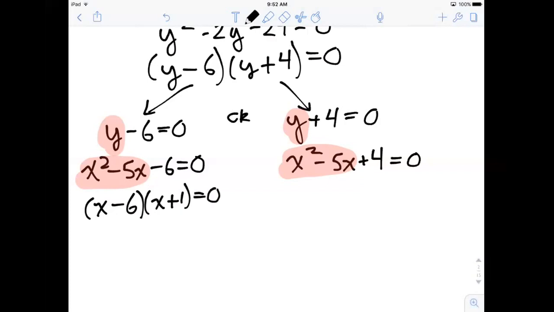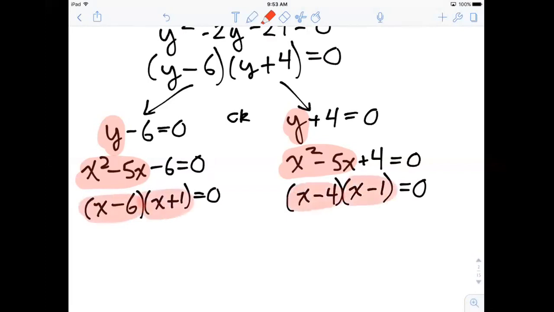If we factor in the other branch, it would be something like x minus 4 and x minus 1 would work. And that's going to be equal to 0. And then I can use that to make one grand overall statement and say each of these factors, whether it's x minus 6 or x plus 1 or x minus 4 or x minus 1, each of those factors is going to produce one solution. So I can say, therefore,